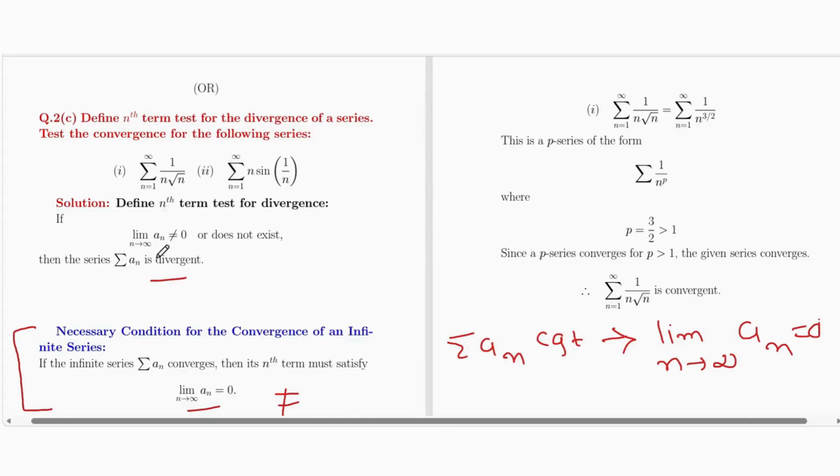So you can define it in this way. Define nth term test for the divergence. Now discuss the example. First question,